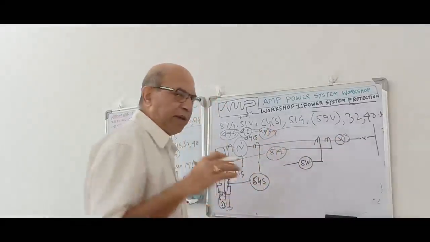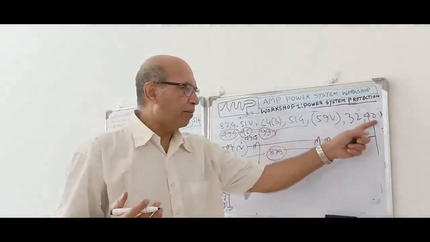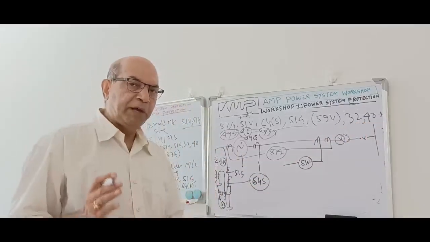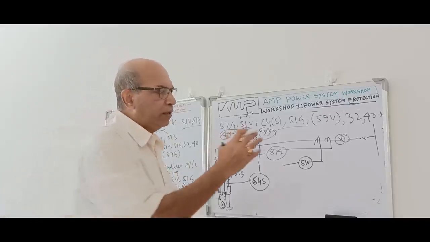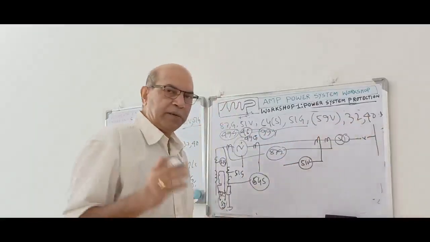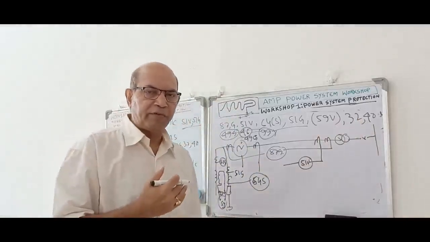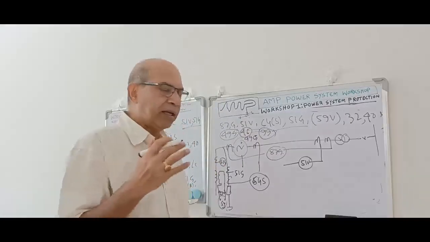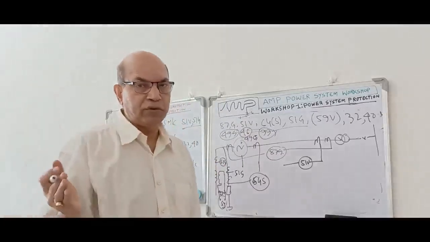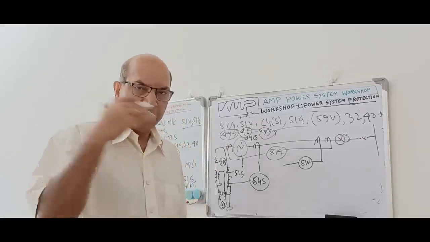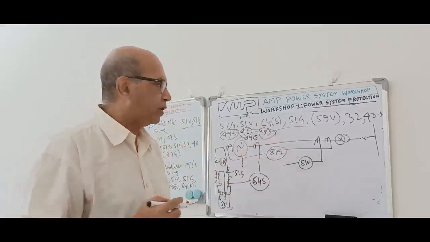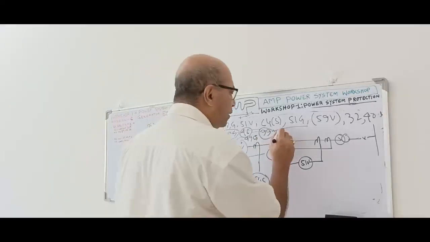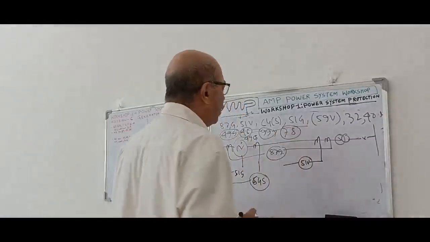Then in case of KVR loss, we said KVR loss of excitation protection we are giving, but at the same time it may happen that the machine goes out of synchronism. In a rotor, this 40 we are giving loss of excitation by measuring either by KVR, reverse KVR flow, or by impedance relay. Okay, but another thing may happen: loss of synchronism due to voltage drop or the KVR taken from the system. The machine may go unstable. In that case, we call it unstable or loss of synchronism. We call it pole slipping. That will happen. So 78 pole slipping protection also we have to provide.